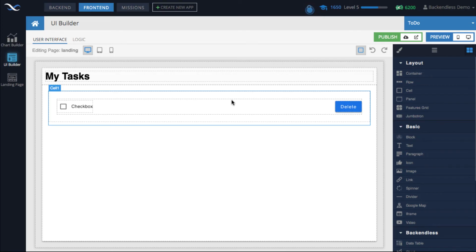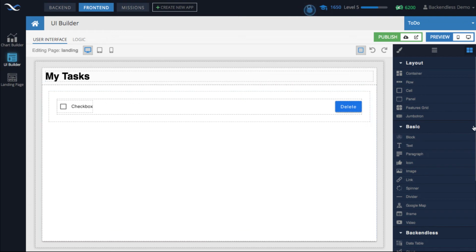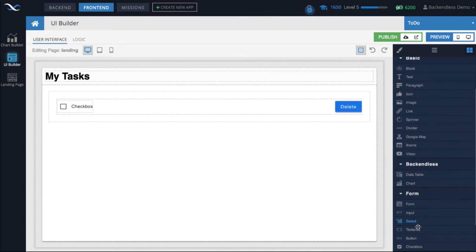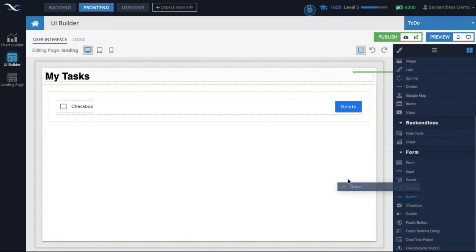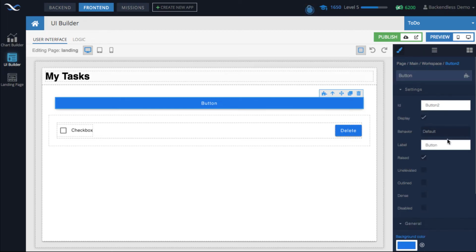Okay, and creating items will work exactly the same way, but there is going to be some little trickery as far as just how we do it in the UI. The way I want to do it is I will add a button to my page right here, and that button will say add task.